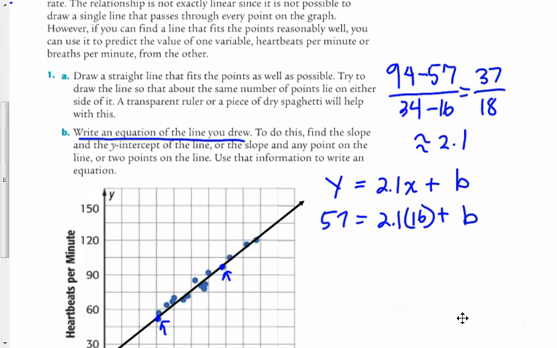And that equals 33.6. 33.6 plus what number equals 57? I can just subtract 33.6 from 57, and that's 20.4. So that's my D. All right, so now I have my equation, which is 2.1x plus